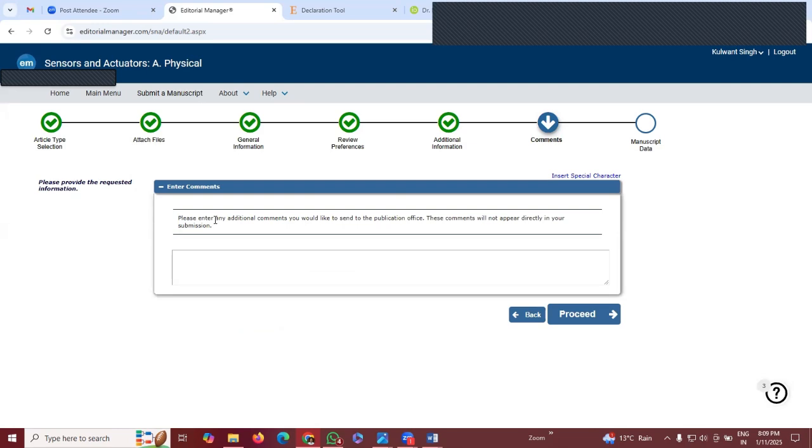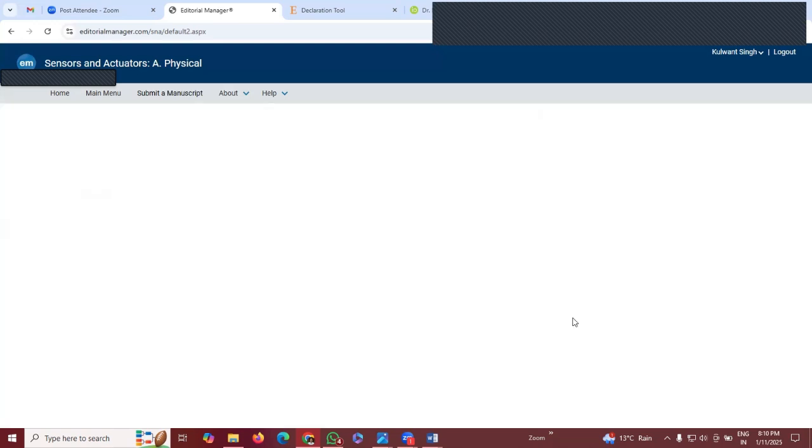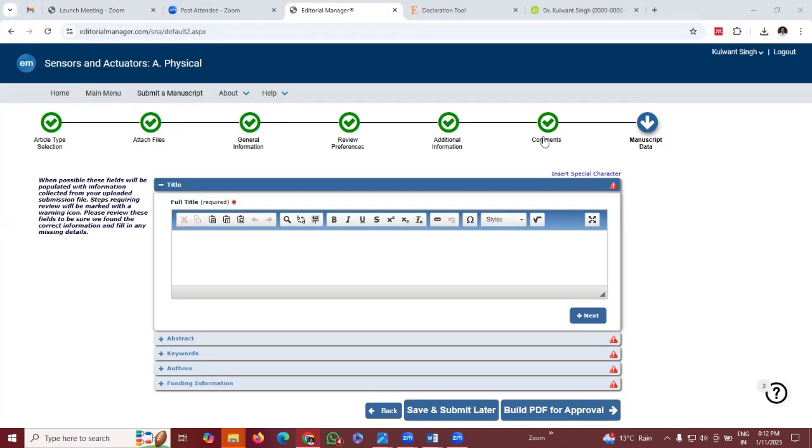Now there is a comment. You can add any comment to the editor. Sometimes, if in the attached file the cover letter option is not there, then you can paste your cover letter here directly. It will be visible only to the editors. Then proceed. Now in the last option, when we skip the comment option, here we need to add